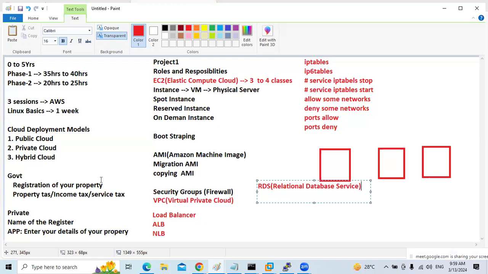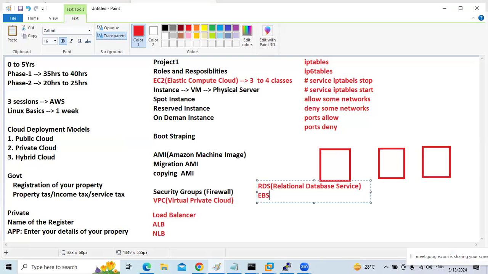Why does cloud have a lot of demand? Because one cloud admin can do all this stuff. Acting as a database administrator, we'll discuss database; as an OS administrator, OS; as a network admin, network; as a firewall team, firewall; as a backup team, as a storage team, everything is covered in AWS. So rather than maintaining so many teams, they maintain only one cloud team which can do all this stuff. In that, RDS is also one of the databases. Then we talk about